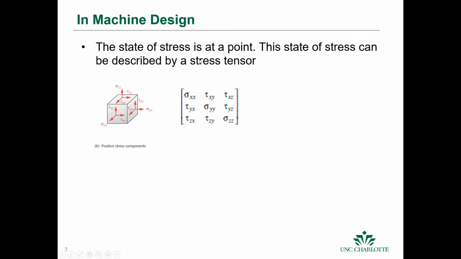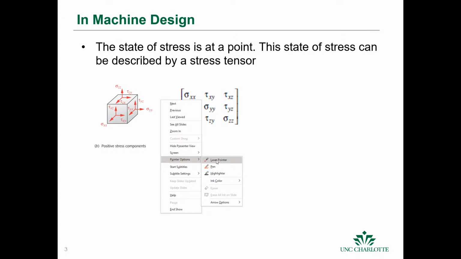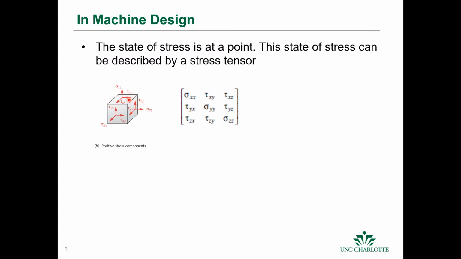As a recap, if we have a state of stress, the state of stress is actually at a point, and we represent it by this. This is only showing the state of stress on 3 faces. We actually have the state of stress on all 6 faces. And this is the stress tensor that just represents that state of stress. We went over that last time, and we said that there's some orientation where we can resolve these stresses or forces, and that orientation will give us our principal stresses.